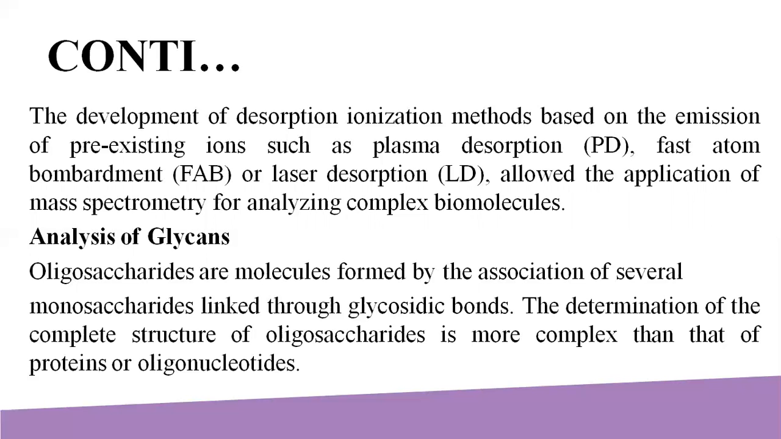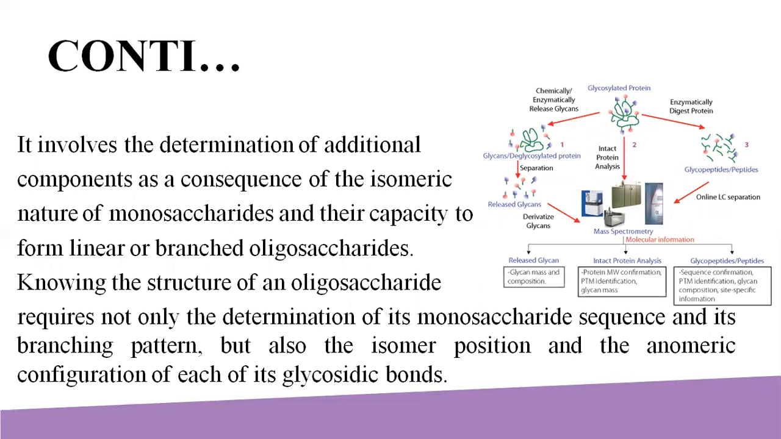Analysis of glycans. Oligosaccharides are molecules formed by the association of several monosaccharides linked through glycosidic bonds. The determination of the complete structure of an oligosaccharide is more complex than that of proteins or oligonucleotides. It involves the determination of additional components, such as the sequence, the isomeric nature of monosaccharides, and the capacity to form